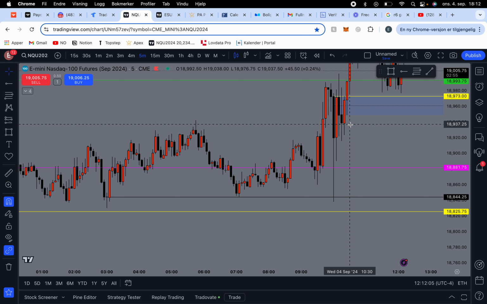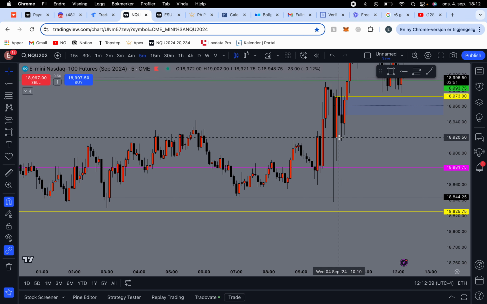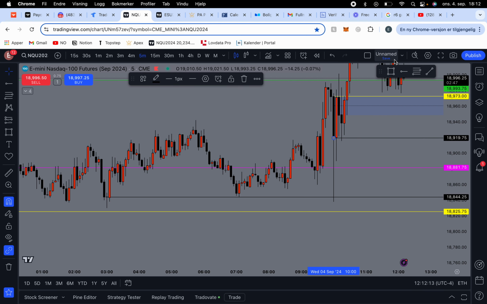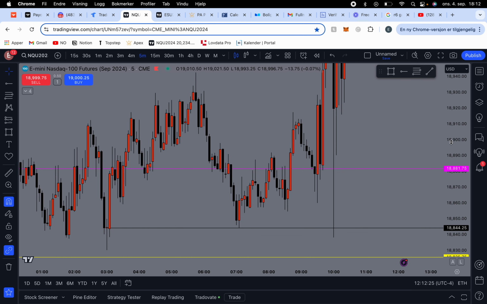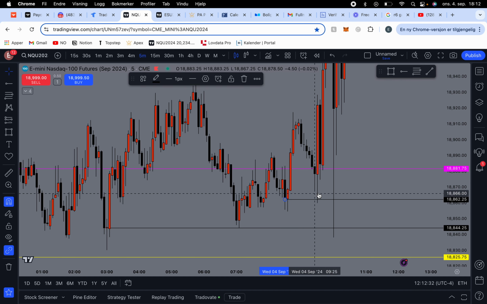that's pretty much it. This is a rejection block, but it's fucking huge. You see how we tap back into the wick? Obviously, you would just have to do a random stop because you can't put your stop all the way down here. That would be an 80-point stop. So you gotta know how to use it, when to use it. This would be a nice rejection block entry. If you took this, entered here, stop below here,